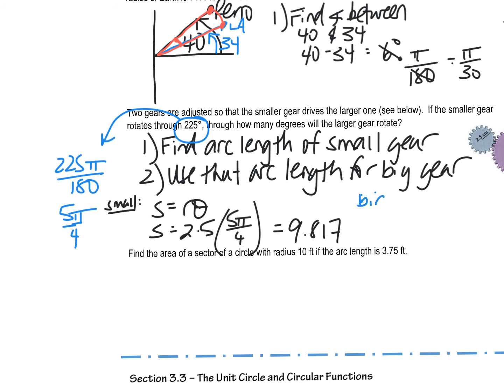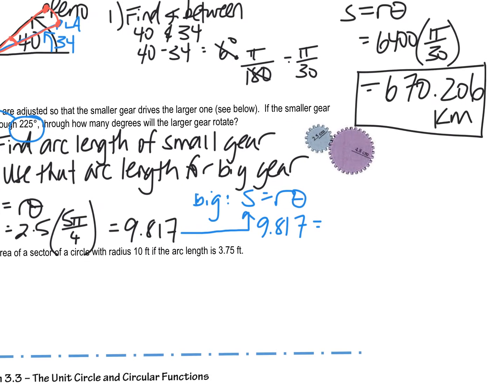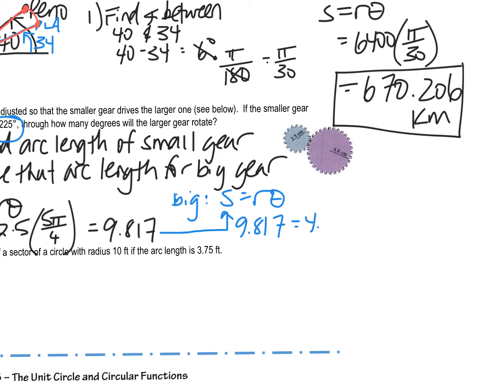And I'm going to use the same formula, S equals r theta, but this is the arc length that it rotated with the smaller gear, so that means that my bigger gear is going to rotate that same exact amount. So I'm going to use 9.817 equals, and I have a radius of the big gear, 4.8 theta, and just solve for theta, and that's going to be theta equals